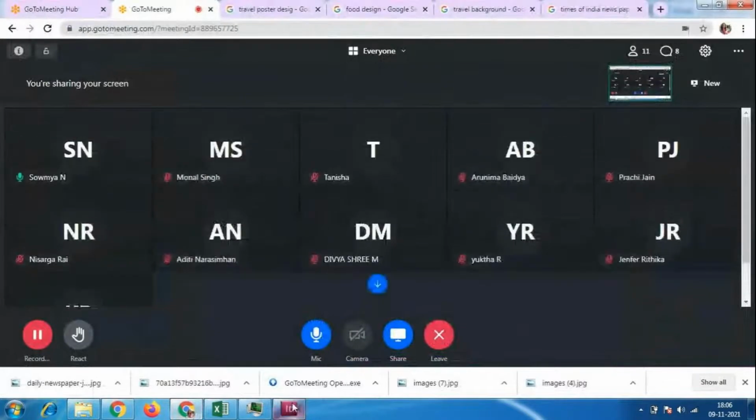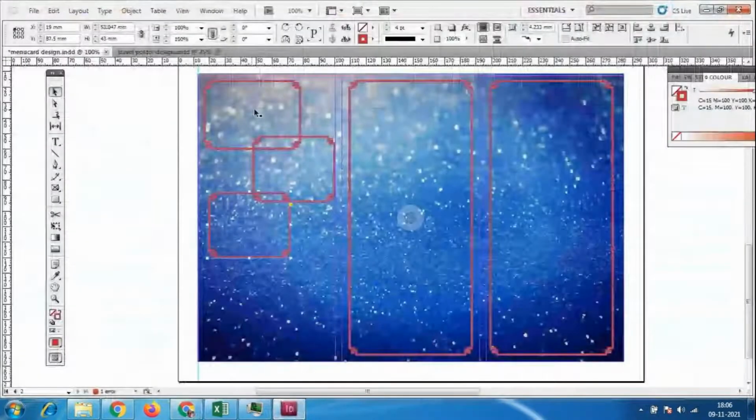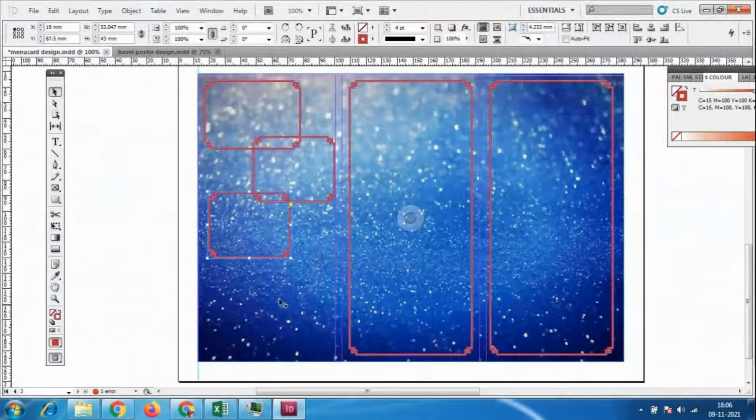We can type the product, because this is the juice menu, or any of the products. We can type it like this, and we can take a duplicate also and add it. I have already taken this box, so I'll go to File, Place.